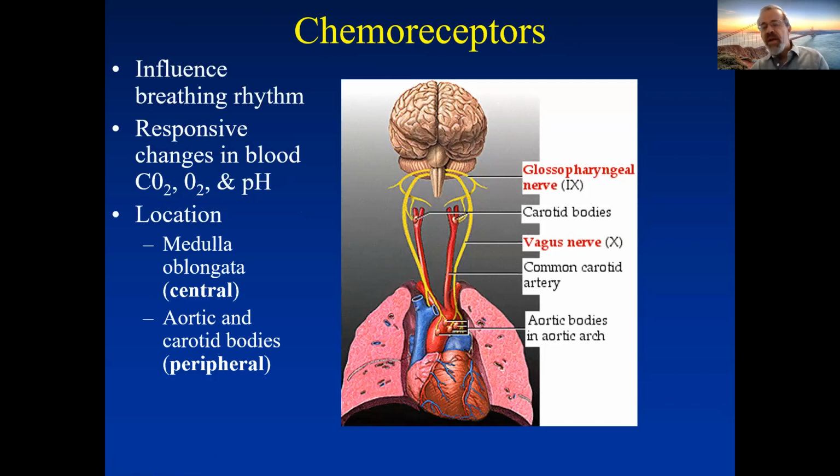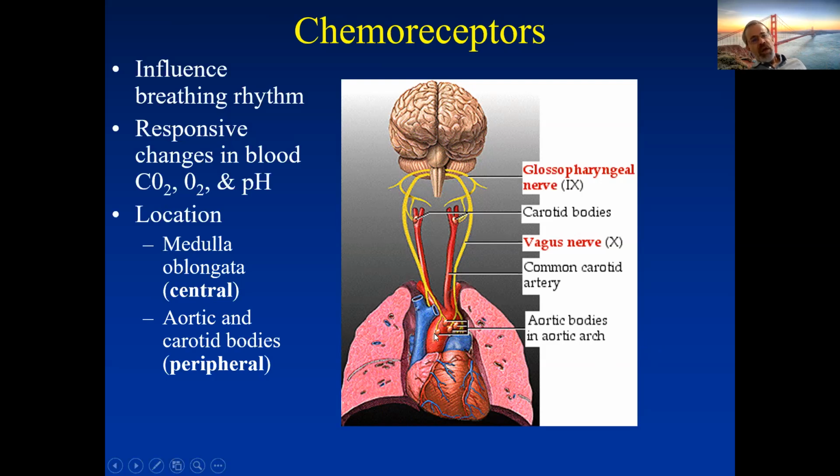We also have another area of the body, special structures, that also influence breathing rhythm. And these are what are known as chemoreceptors. Chemoreceptors, as the name implies, are structures that are receptive to chemical changes. They're sensitive. They're found primarily in two areas of the body. They're found, first of all, in the